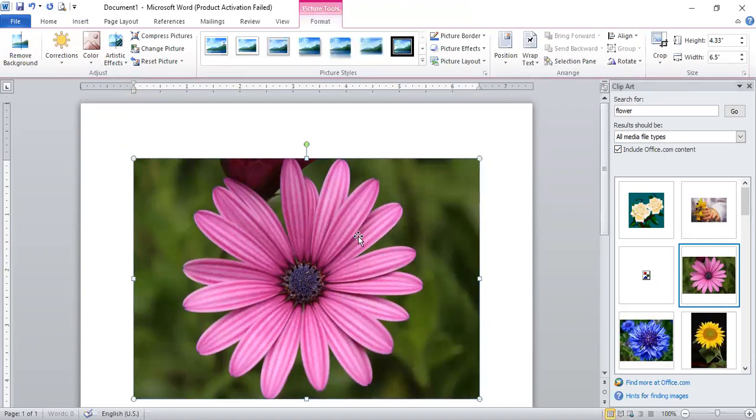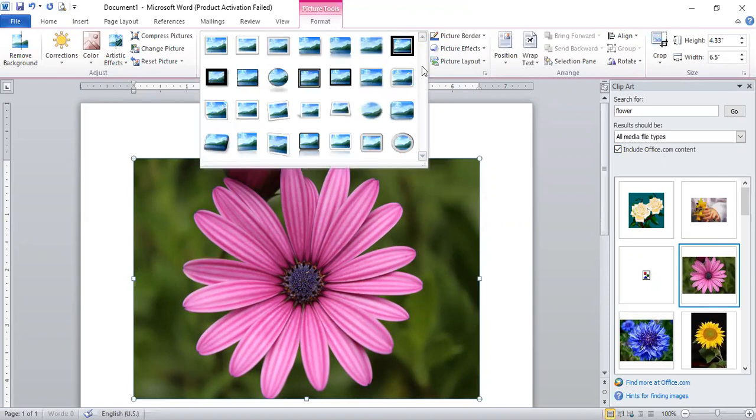Now all the images can be formatted. For formatting, first at the top are picture styles. Now all these styles are basically predefined styles where we have fixed sorts of borders, so you can apply whichever border you want, right? Just click on the border, and that border will be applied.